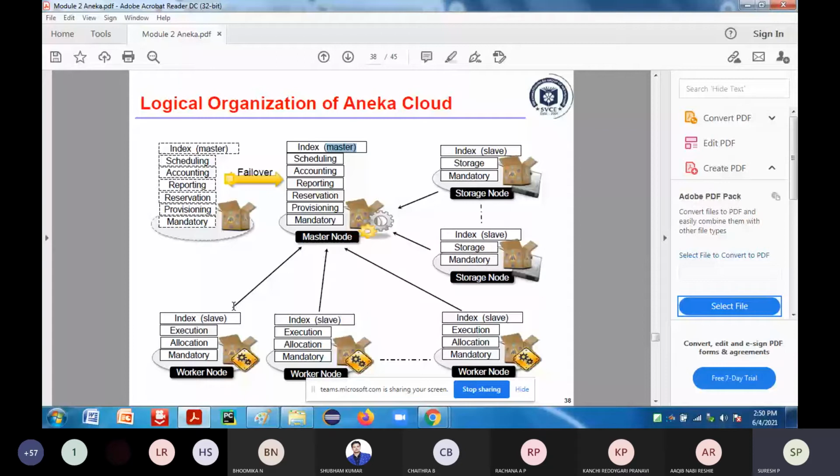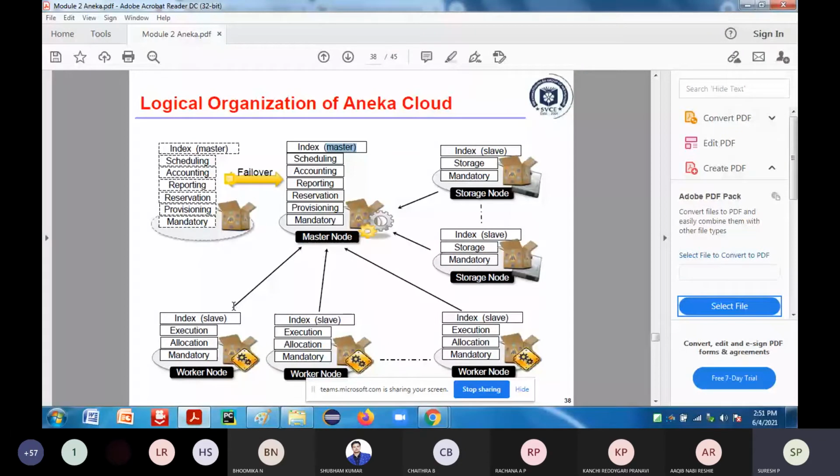What type of service do you require? Can anyone tell? We have discussed logging services, reservation services, index services, heartbeat services. So to keep track of whether that particular node is working fine or not, what service is mandatory? Can anyone answer?